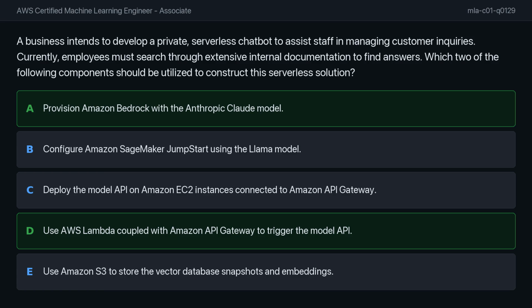Looking at the other options, option C suggests using Amazon EC2, which is not serverless because it requires managing virtual machine instances. Option B, SageMaker Jumpstart, generally involves managing provisioned infrastructure for hosting models. Finally, while Amazon S3 is a storage service, option E describes a data storage practice, not a mechanism to power